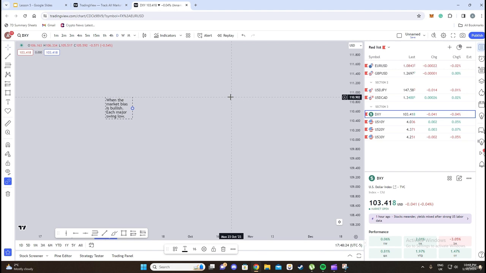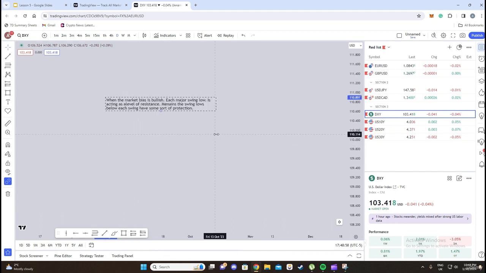So when the market bias is bullish, each major swing low is acting as a level of resistance, meaning the swing lows below each swing have some sort of protection. And what we would want to see when the market is bullish is each major swing low,